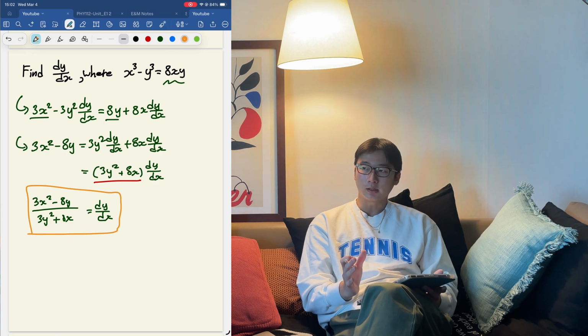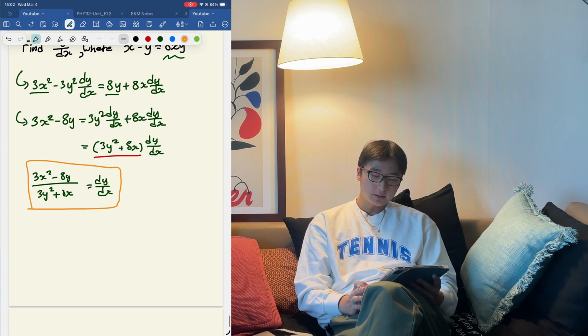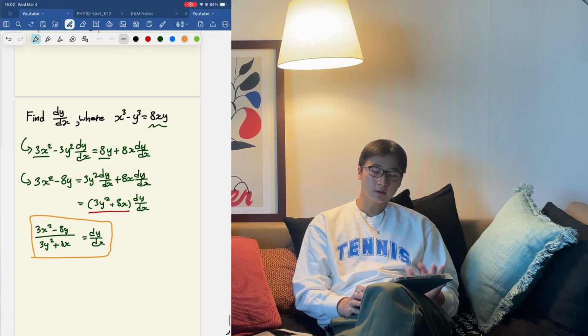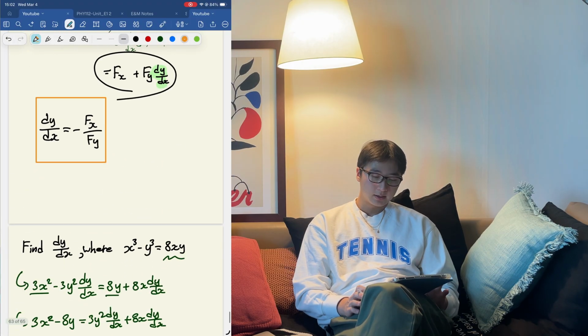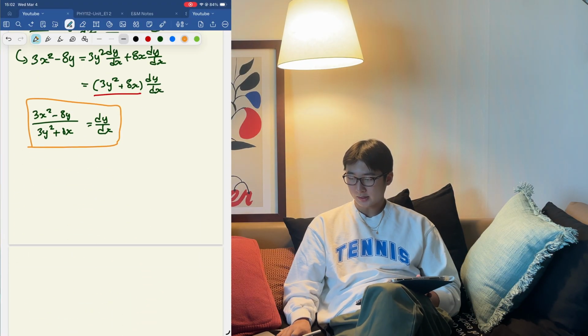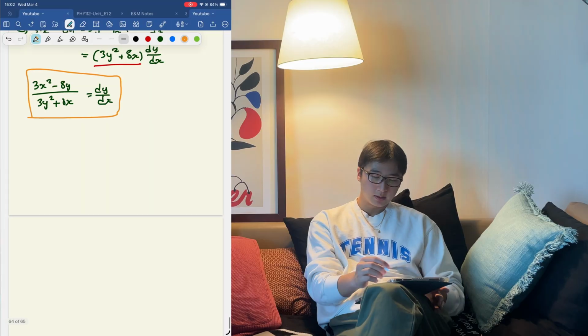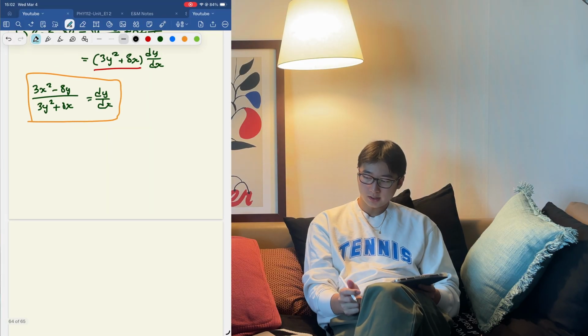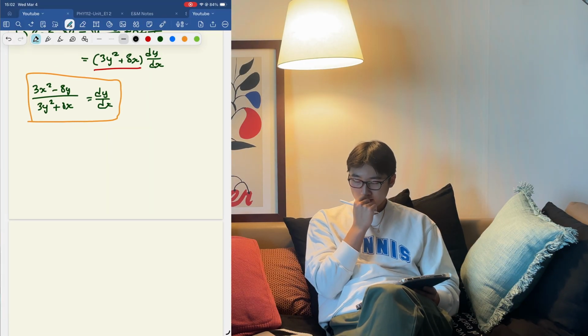Before, we didn't know the formula, but now we know the formula, right? dy dx is simply negative partial x over partial y. So using the new method, we can write our function as